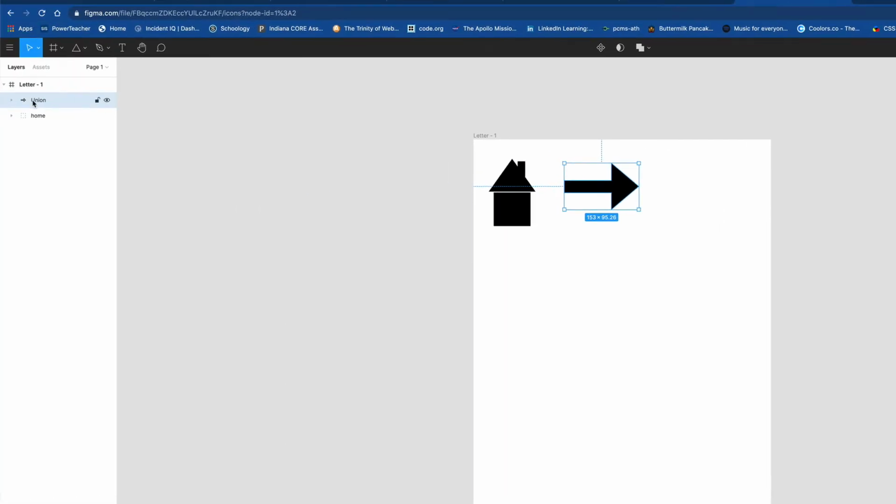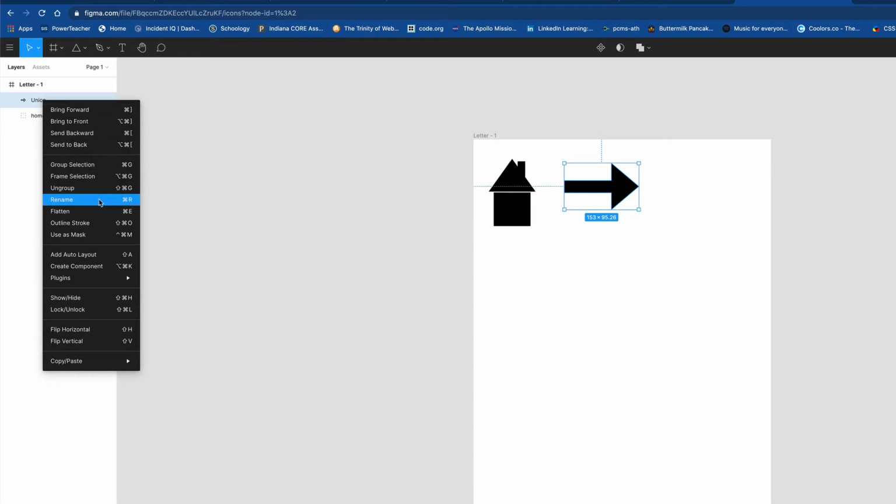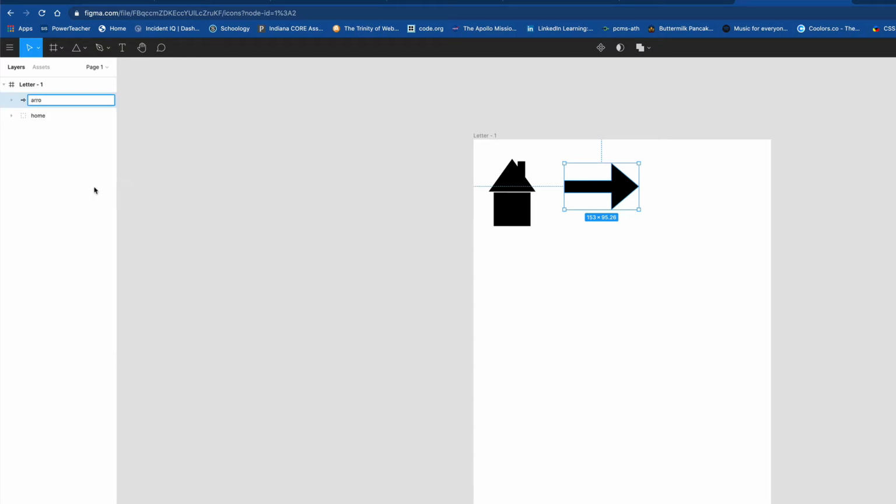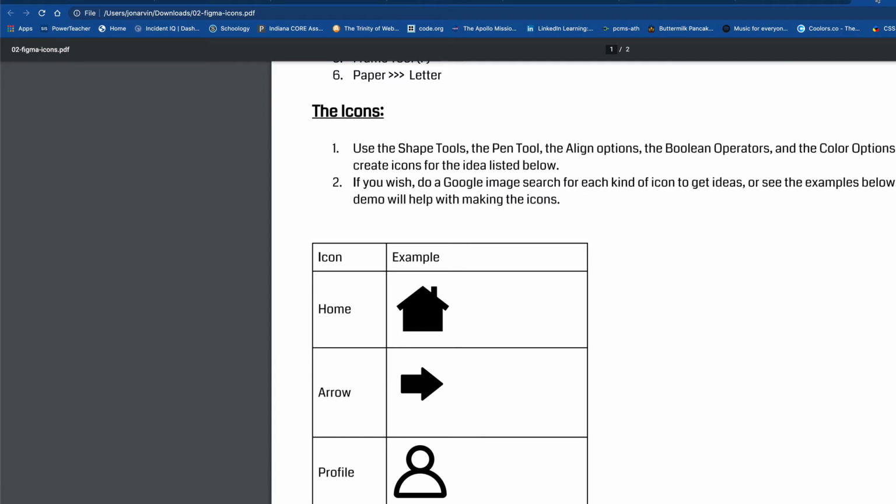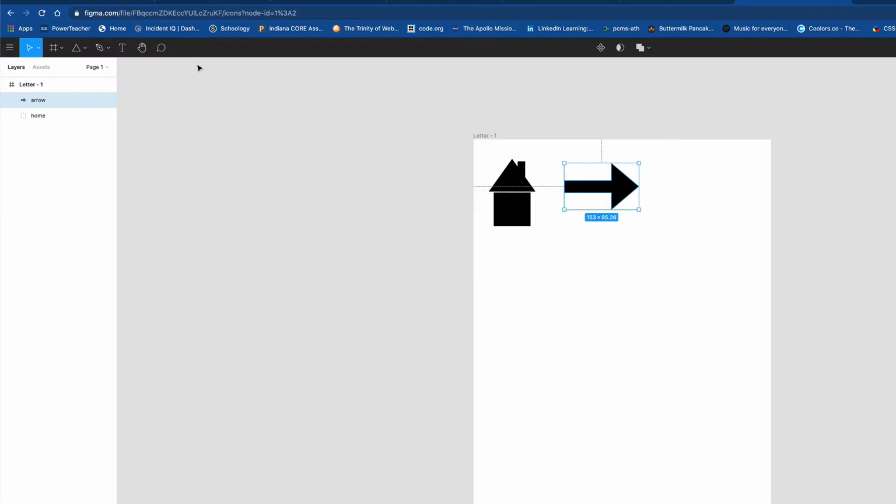Now if I look over here on the layer panel on the left-hand side, that says union, and I can right-click and rename that and just call that arrow. And I'm not going to be terribly concerned if you don't rename your things that you put over here, but you can, right? Okay, now as we go along through this, I'm going to try to show you different things. What's next? We're going to do a profile. Different techniques and tricks that you can use. Let's just go. All right, for the profile thing, and again, you don't have to do everything just like me,